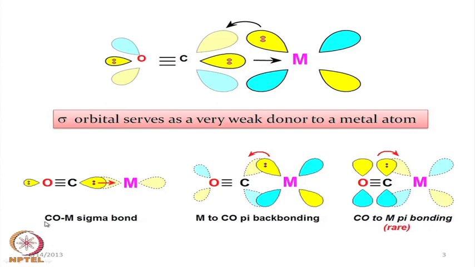So, it can have two good possibilities, that means we can have sigma donation, then pi acceptance from the metal side, as well as we have the corresponding pi donation. So, if the pi donation is also there, we get something which is above the double bond character, but it is not a triple bond character, but it is above double bond character,